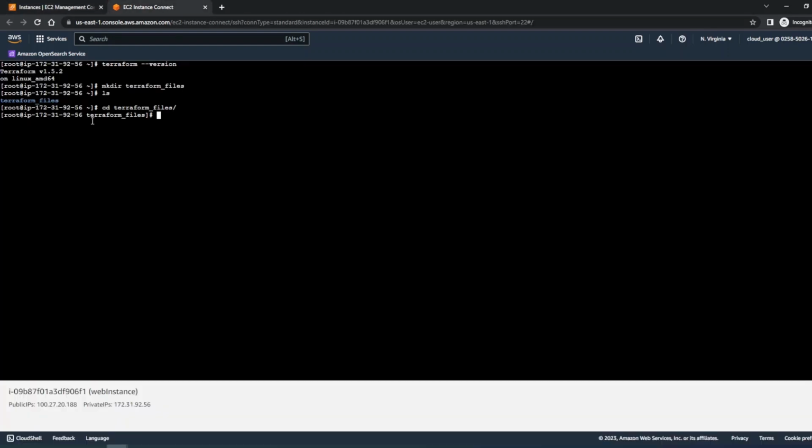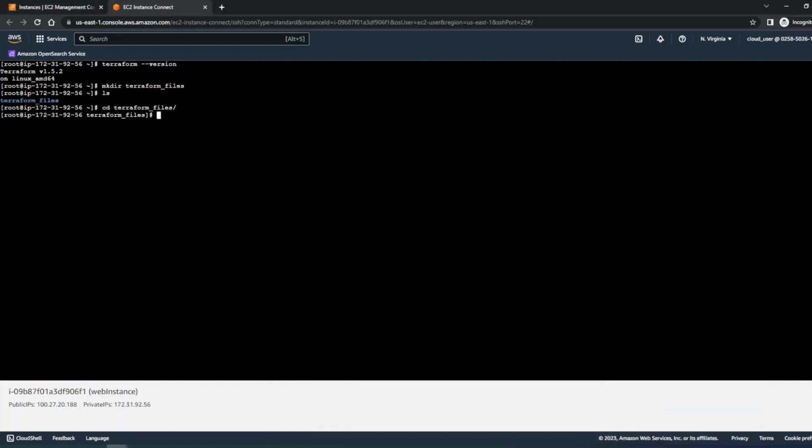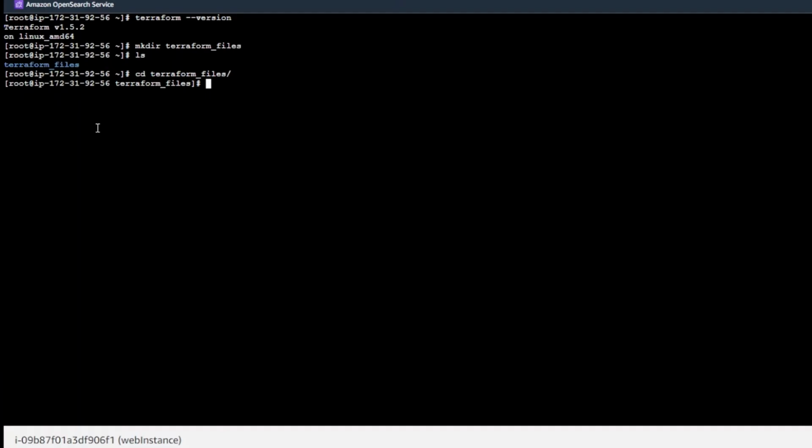Okay, here I have terraform files. I'm inside the terraform files directory. I already have the access key and secret access key. Now it's time to create the files that are required for Terraform. The first thing you require is a Terraform file, which is main.tf. You can use the Vim or Nano editor, whichever you like best. For me, I'm going to use the Nano editor,